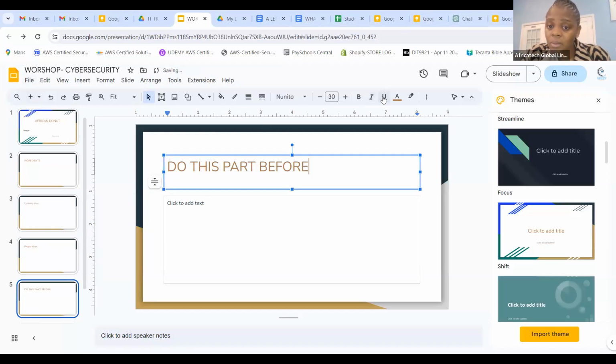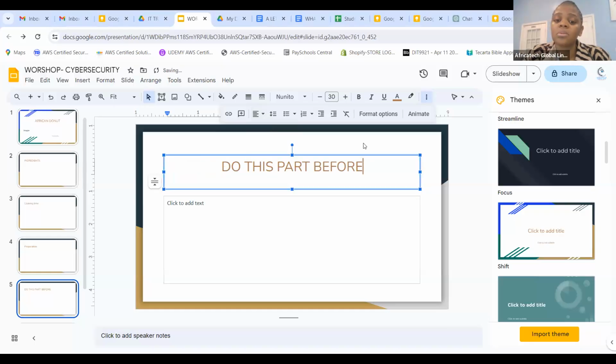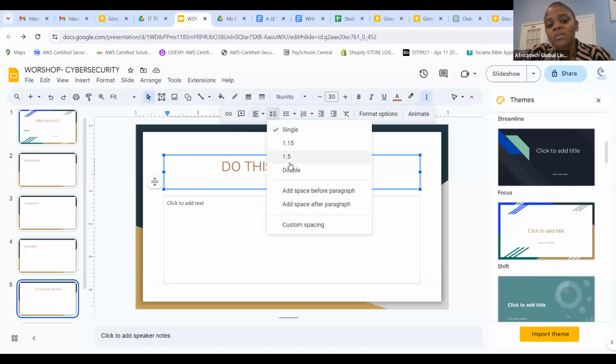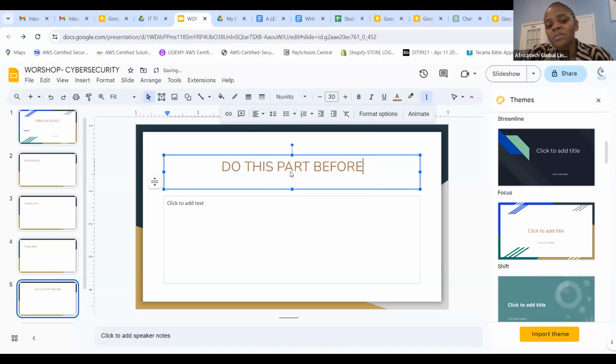So you can center everything, right? Look here. You can align it to be centered so that it doesn't look on one side. You can even do double space if you want.